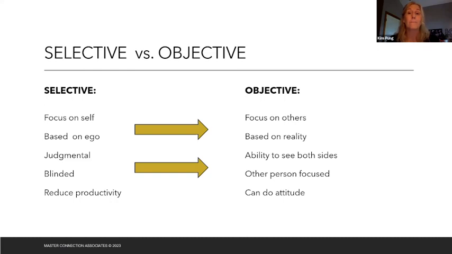Because immediately, when Francine or Lynn hear these things, or Marilee with the desirable dates not being available, we go, oh, right, and we get a little tense. When we come from the point of view of focusing just on ourselves, we get a little more judgmental, we get blinded. Whereas if we're looking at it from their point of view, we can have a little bit more of a can-do attitude, so to speak, to work through that situation.